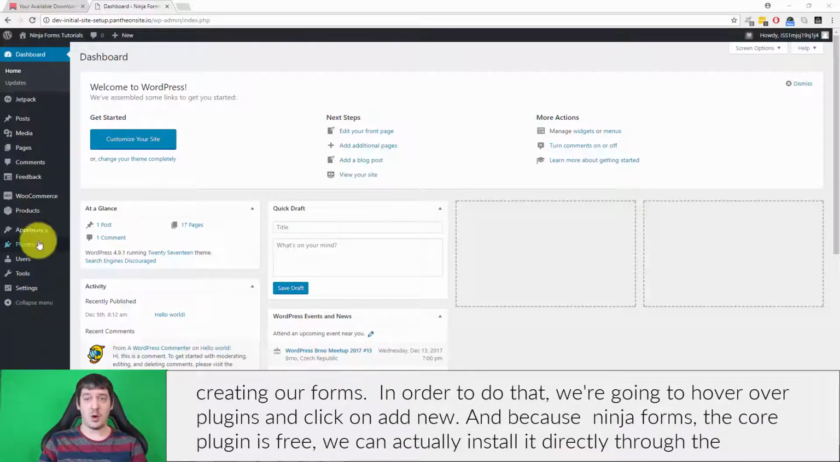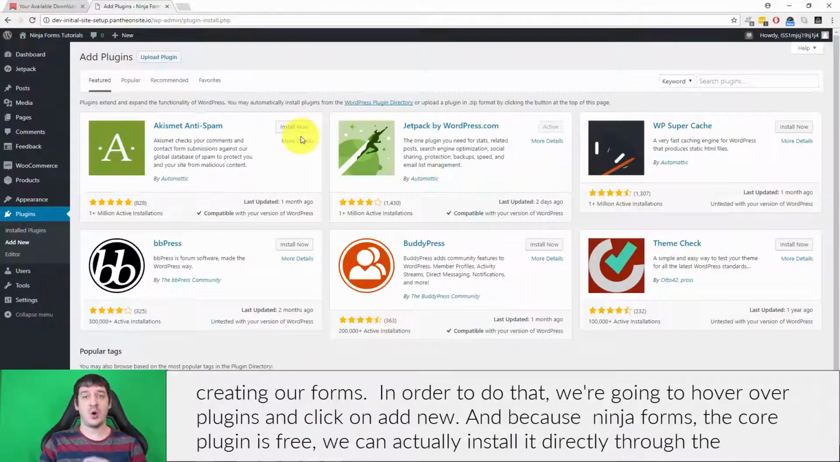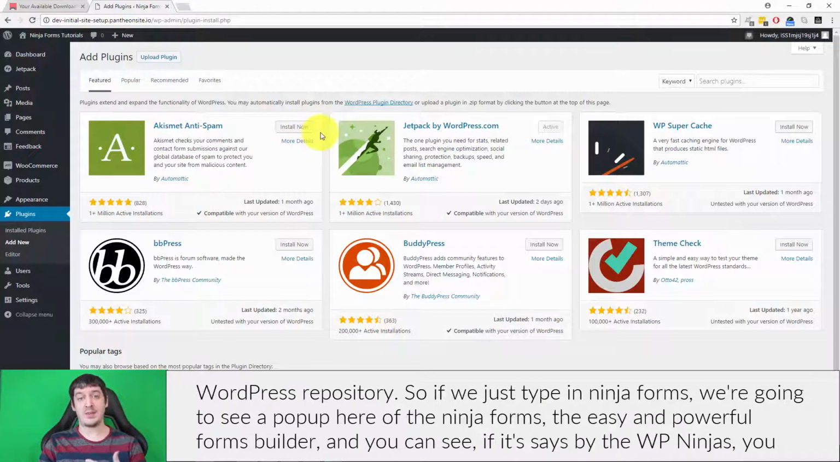In order to do that, we're going to hover over Plugins and click on Add New. And because Ninja Forms, the core plugin, is free, we can actually install it directly through the WordPress repository. So if we just type in Ninja Forms,